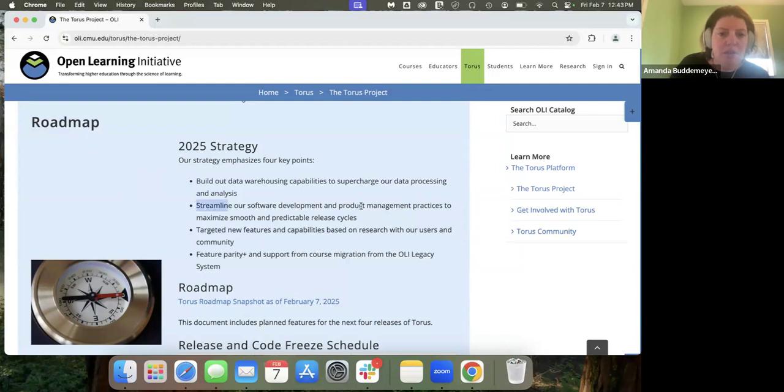Okay. Item 2, streamline our software development and product management practices to maximize smooth and predictable release cycles. This is not so much about a particular front end Torus feature, so much as thinking through some other growing pains that we've been having, that I'm sure those of you who have been around for a while have noticed,